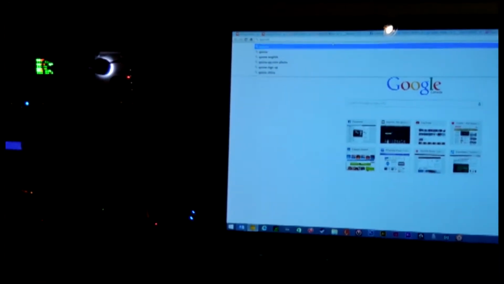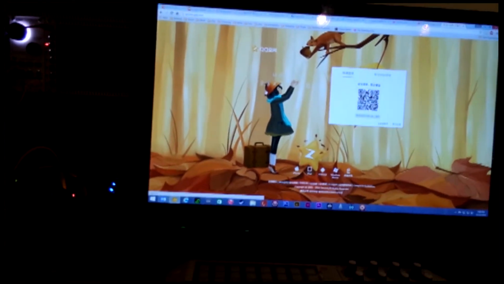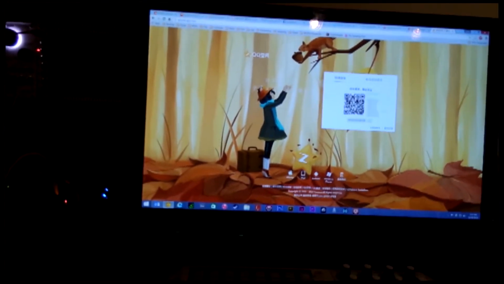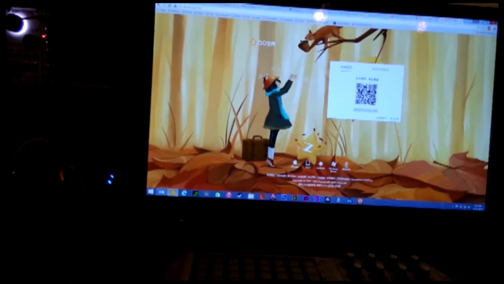Now, some of the other functions are things like QQ Zone. If you decide to sign up for a QQ account, there's a subsidiary sharing service called the QQ Zone, and this is their homepage here. You can sign up for a QQ account, and it'll automatically create a QQ Zone for you. And once you have that set up, you can enter that into